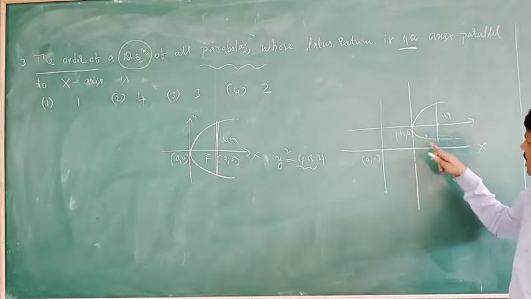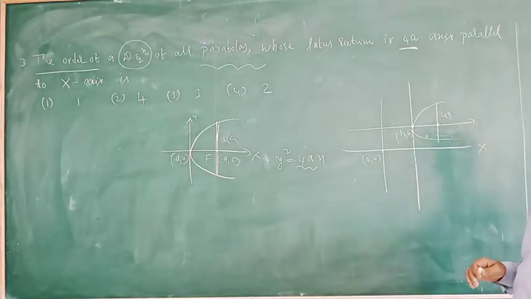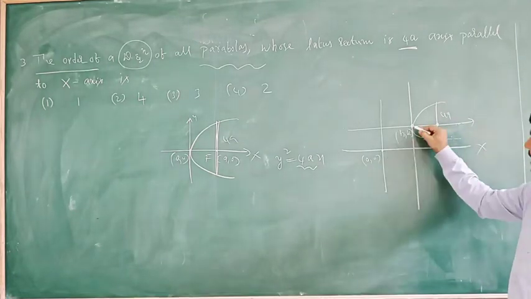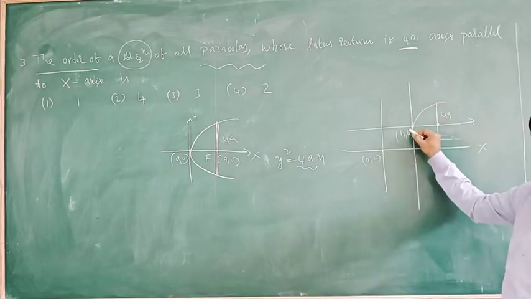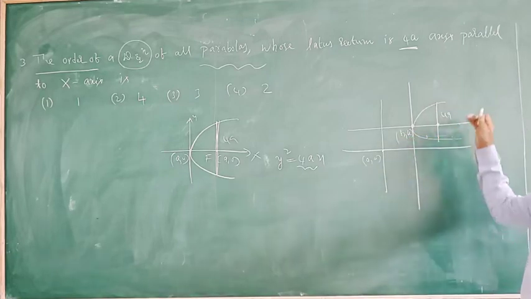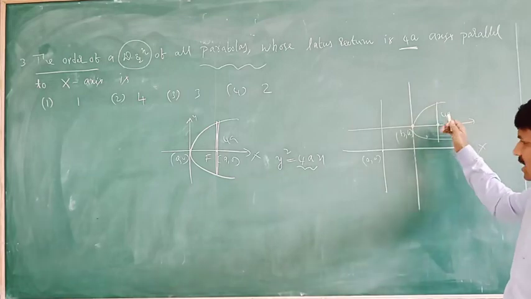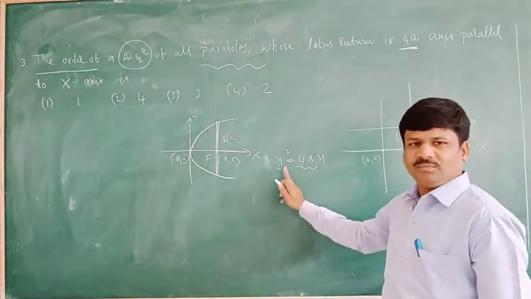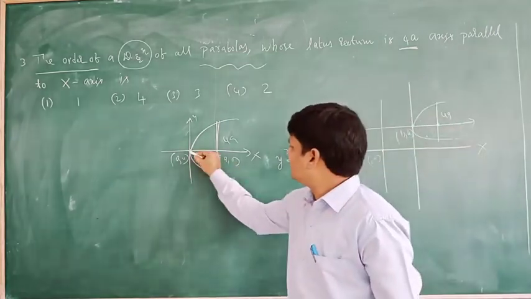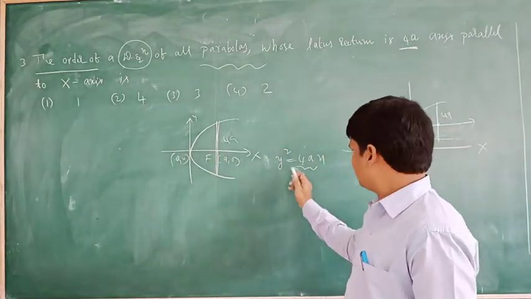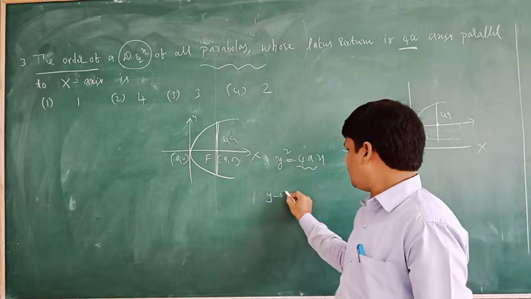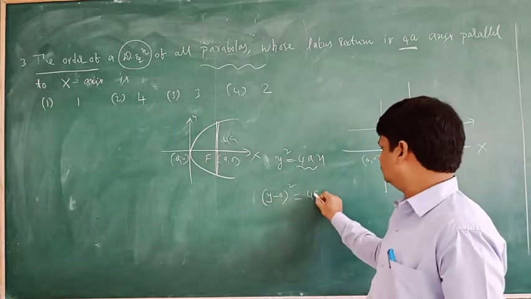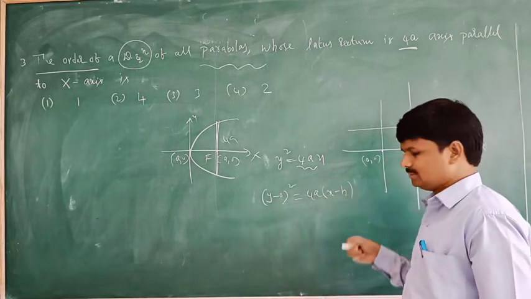Okay, so this parabola, latus rectum 4a is given. And here, what is the vertex? I am taking (h, k). Then what is the equation of this parabola? Suppose it is the parabola like this. Where is the vertex here? 0 comma 0. The equation generally you can write like this: y minus 0 whole square is equal to 4a into x minus h.